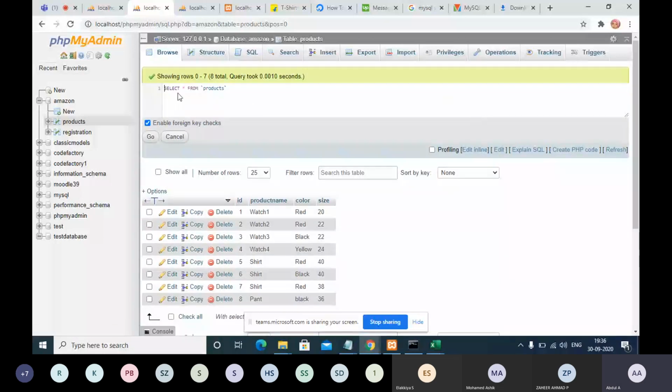I need to write a query: select star from products where color is equal to single quotes red. I'm only putting one condition. So this is the condition, guys. You need to understand.